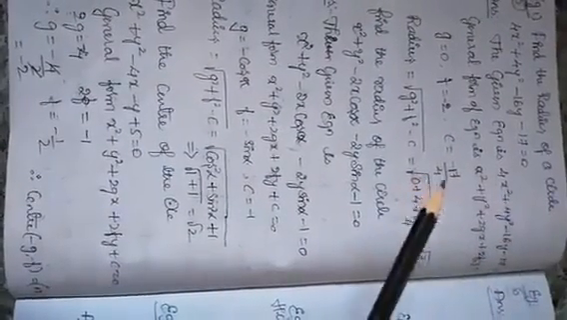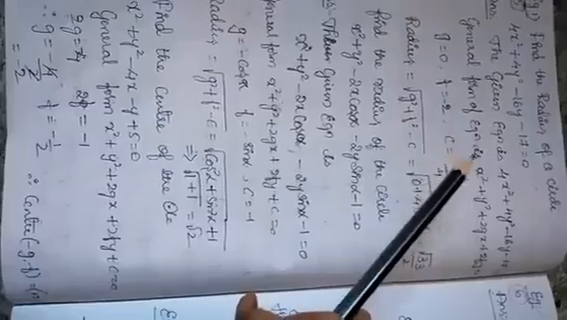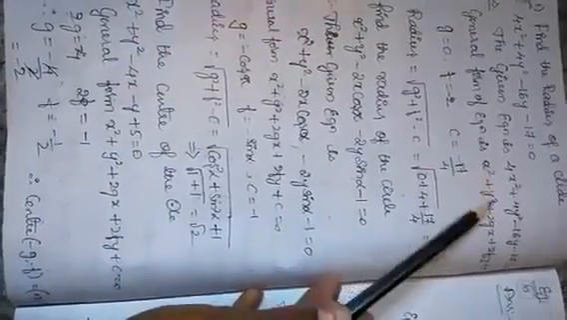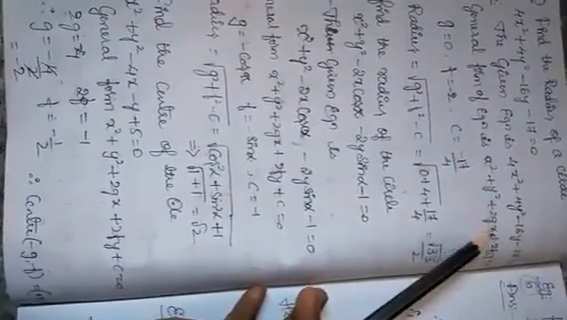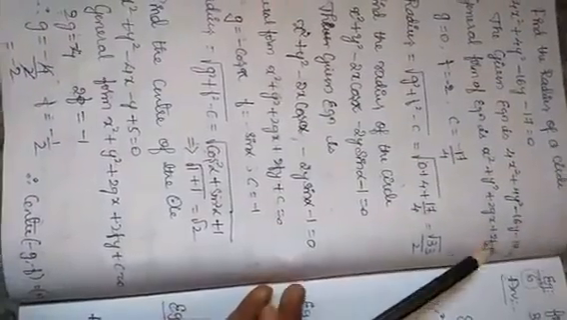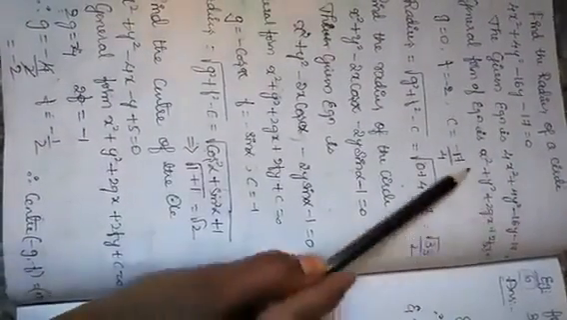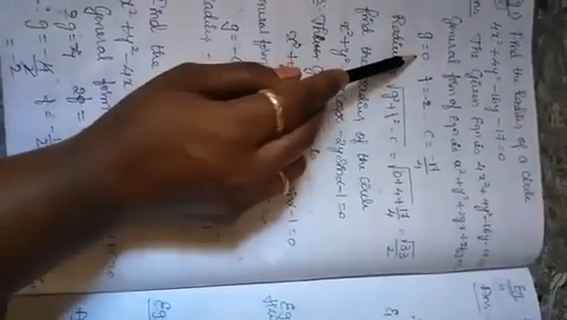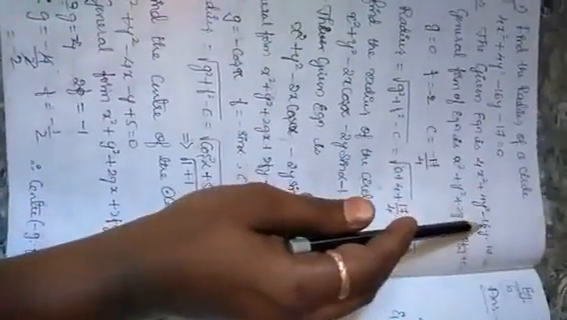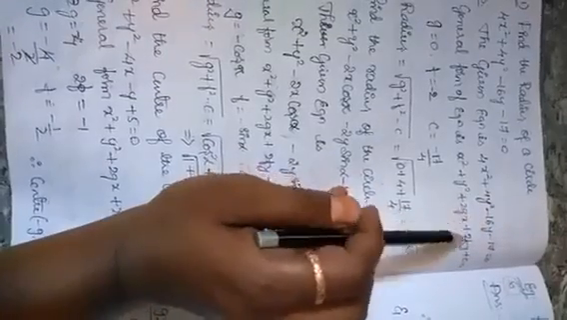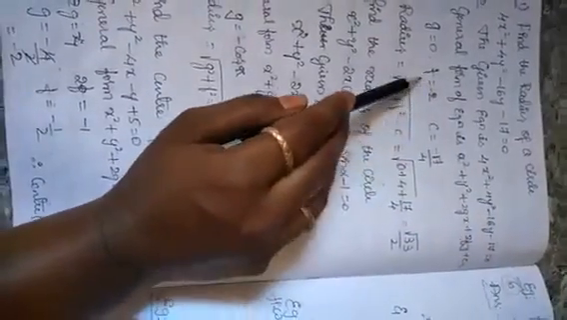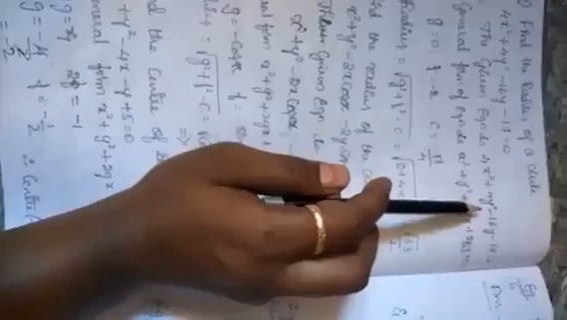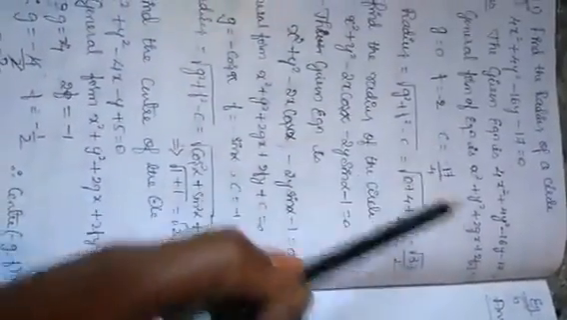We already know the general form of the equation of the circle is x square plus y square plus 2gx plus 2fy plus c equals 0. It is in this form, right? Here the x term is not there in the given equation, so g equals 0. The y term is there, that is 16, 2 into 8, so f equals minus 2. Then c is equal to